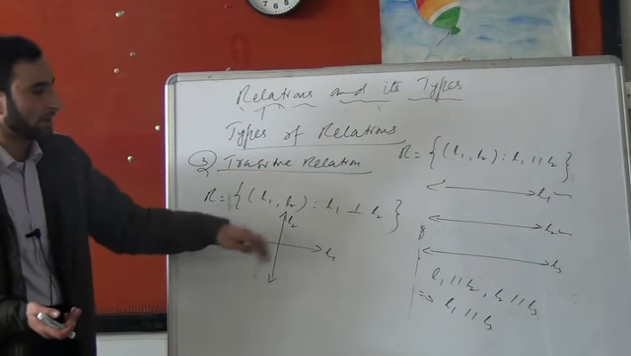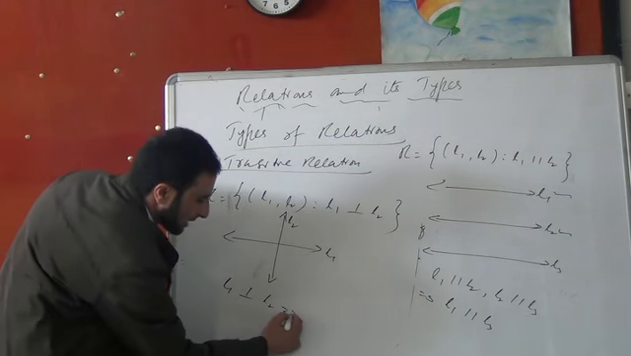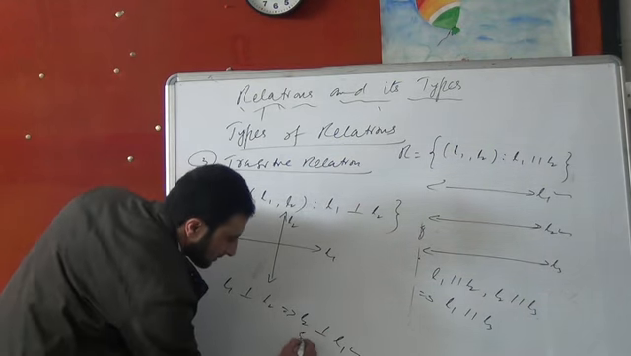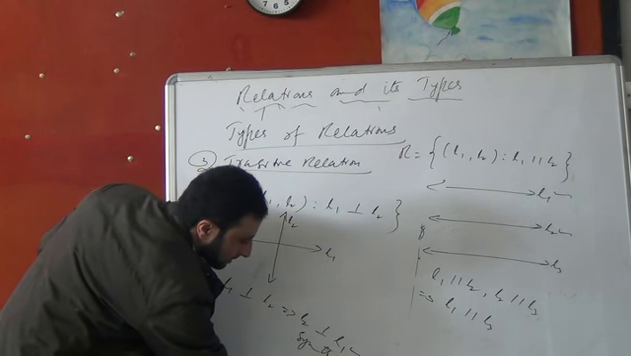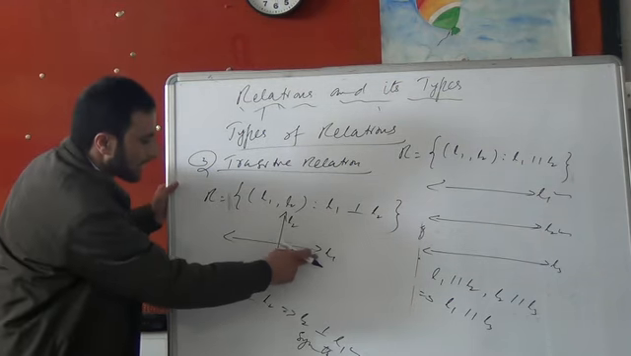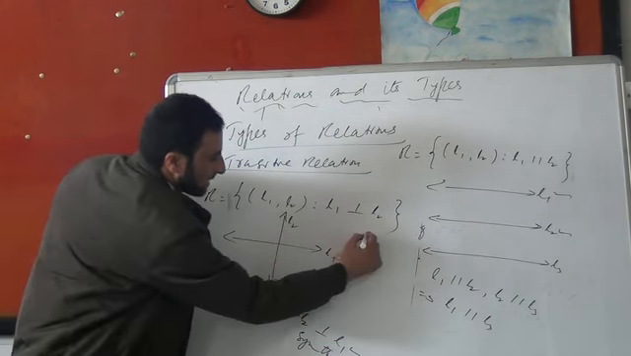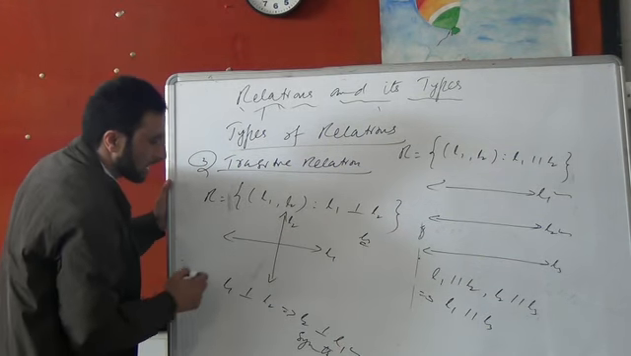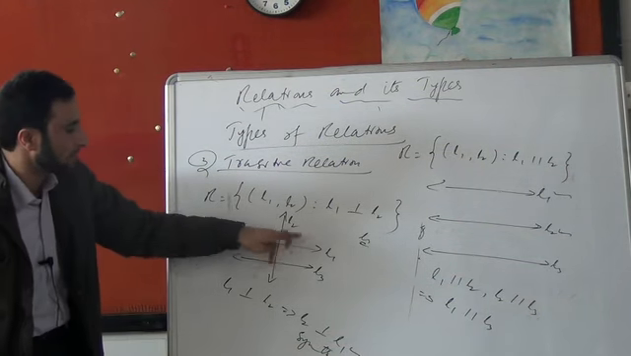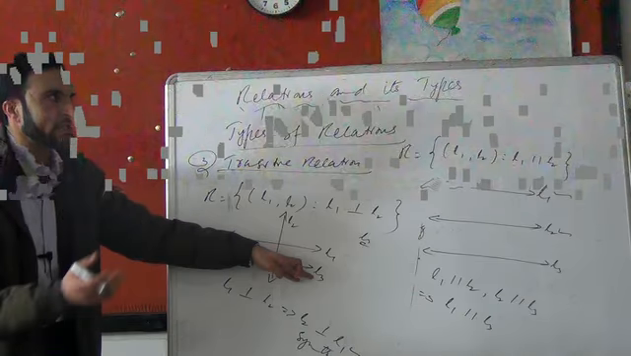Then let us take the symmetric part. L1 perpendicular to L2, clearly L2 will be perpendicular to L1. So this relation is a symmetric relation. Then we have the third case, that is transitivity. L1 perpendicular to L2, and L2 we will take one more line as L3. L3 is perpendicular to L2. Let me suppose it will be like this. L3 is here. Clearly L1 is perpendicular to L2 and L2 is perpendicular to L3. By the given definition, L1